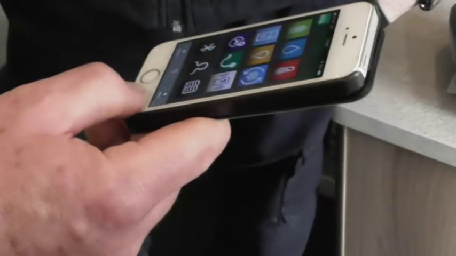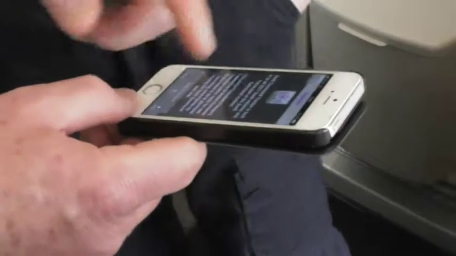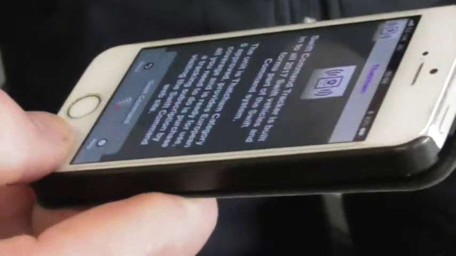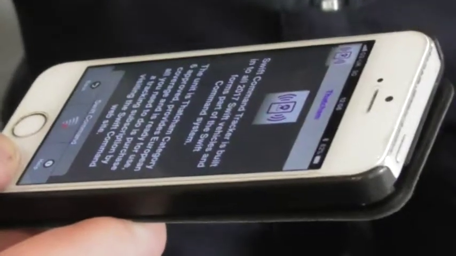Right, come back out of there. That one is to do with Swift Command, I think, or was it Tracker? Tracker. So if you want to register Tracker, you need to go through the Swift Command website and register that, which maybe we'll sort out, and it can reduce your